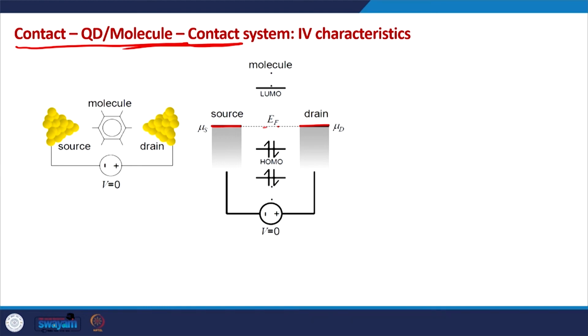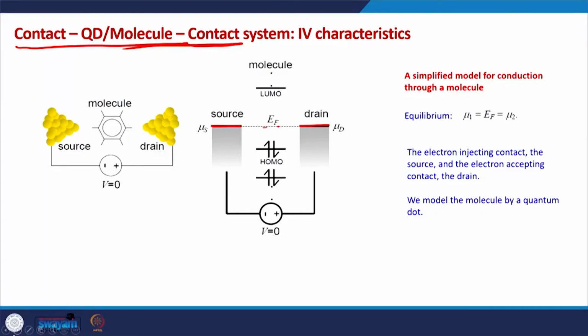So this is the situation with no bias, equilibrium, which we just discussed, and this equilibrium is achieved with two effects. One is the effect of the quantum capacitance, and second is because of the electrostatic capacitance. Okay. Now if we